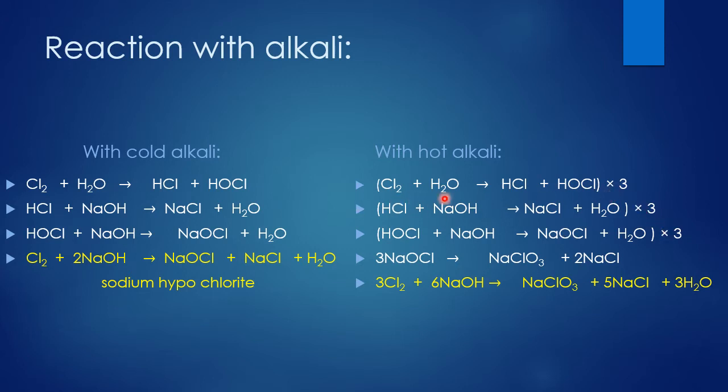So that's 3Cl2 plus 3H2O gives 3HCl plus 3OHCl, and this one 3HCl plus everything you can multiply like that. Then you can see that there are 3 into 3, 3Cl2, and the common thing we can cancel out. Here 3 NaOH, here another 3 NaOH, so I have 6 NaOH gives NaClO3 plus NaCl plus 3 water molecules, because here 3 water molecules and the other 3 water molecules get cancelled. So the final product is Cl2 plus 6 NaOH gives NaClO3 plus NaCl plus 3H2O.